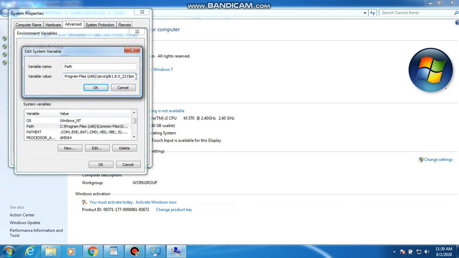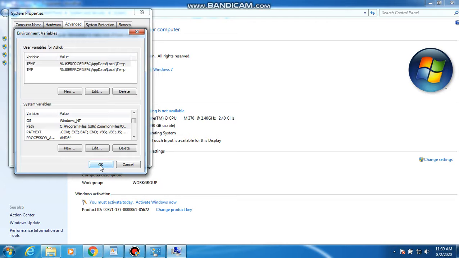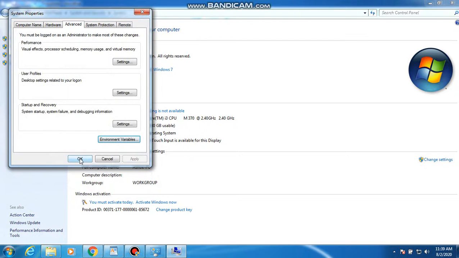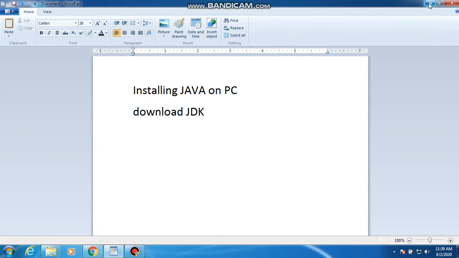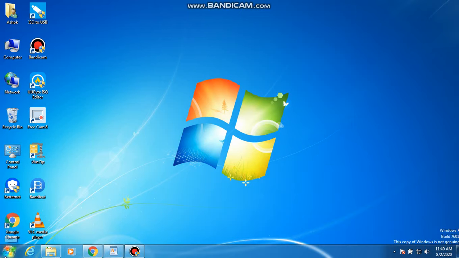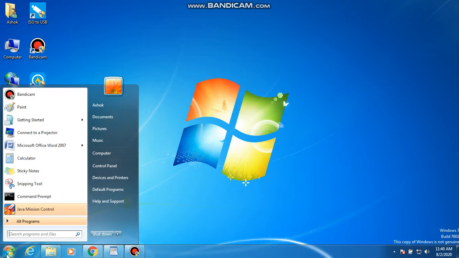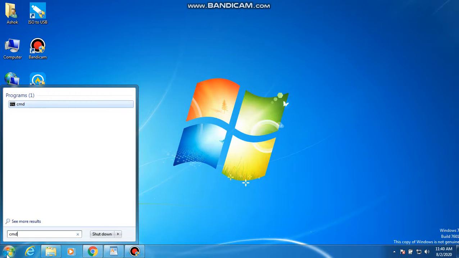Here give a semicolon and paste that copied path. I already copied it here. Then after click the OK button, and next click on OK button, and again click on OK button. Once you want to check the path, whether it is executing or not, then go to the start button. In the run box, you can type cmd, click on OK button,